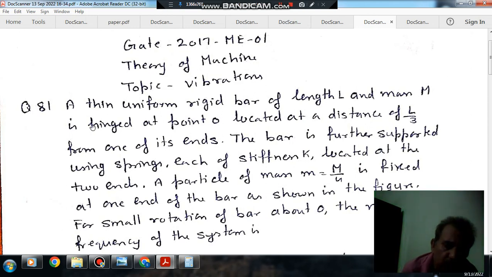Hello, welcome again. We are solving some questions of theory of machine. The topic is vibration. Question number 81 from GATE 2017 ME01: a thin uniform rigid bar of length capital L